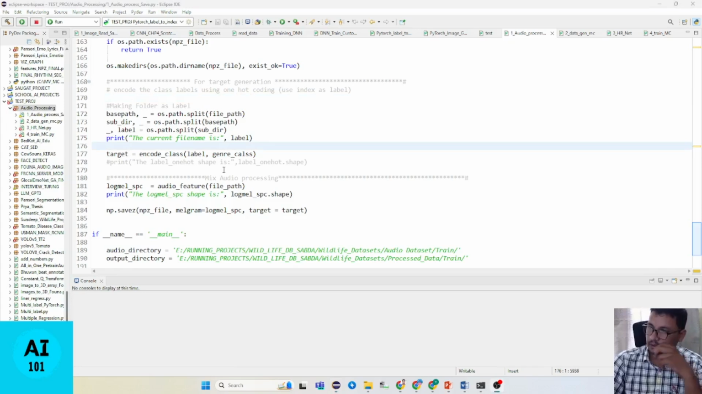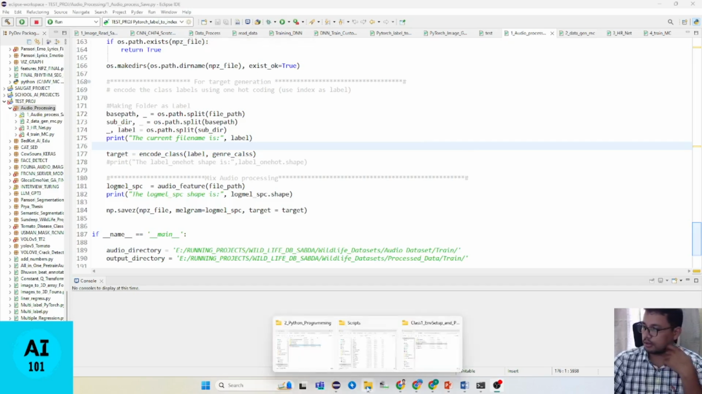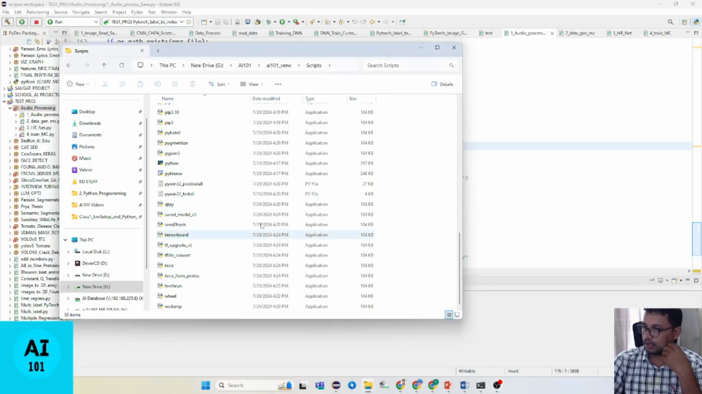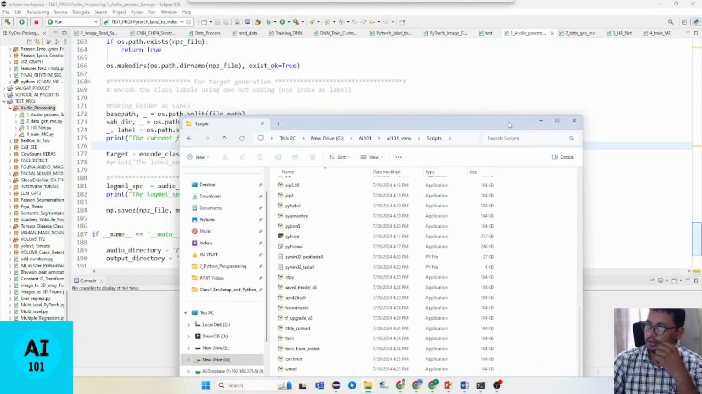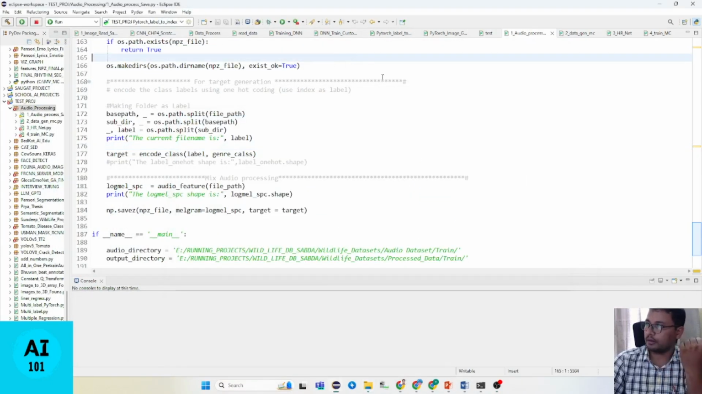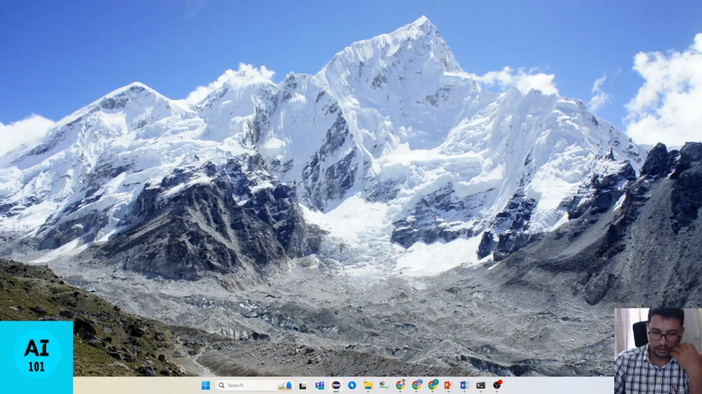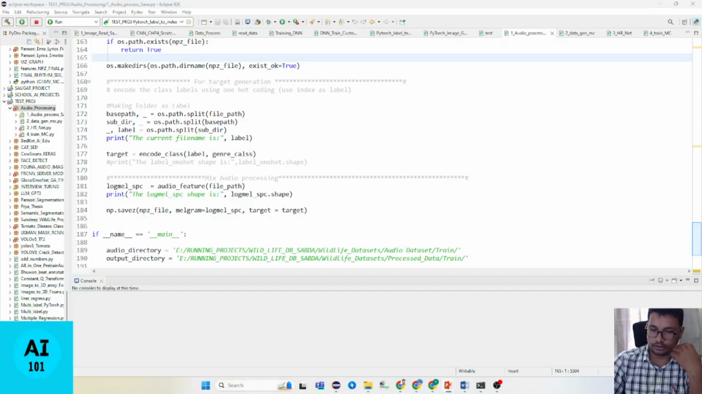So I have already installed Eclipse and the JDK, and here I will just show you how to integrate our Python. We have already installed it in our virtual environment here. And here in this Eclipse, first you have to install